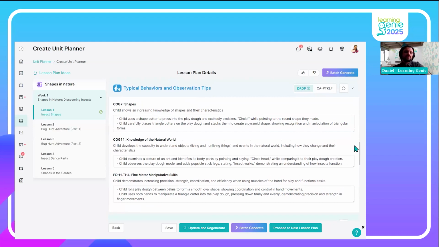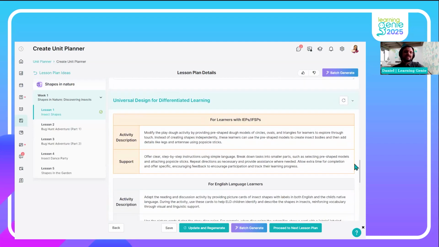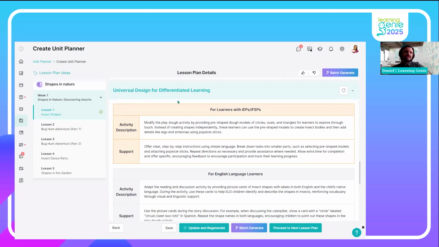So it's helping you, it's Learning Genie supporting you through the assessment as well. Then universal design for differentiated learning. Learning Genie uses UDL principles when creating these lessons. So it's giving you tips again on how to support children with an IEP or IFSP in your classroom. For example, you can offer clear step-by-step instructions using simple language and break down tasks into smaller parts, such as selecting pre-shaped models and attaching popsicle sticks, so you can actually support these children